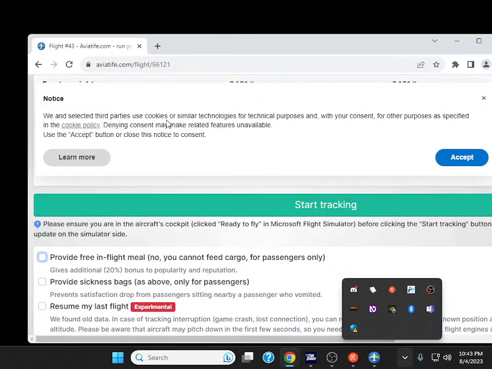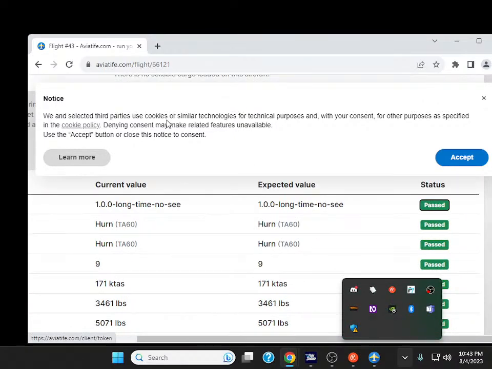Provide free in-flight meal. No, you cannot feed cargo. For passengers only. Never good. So